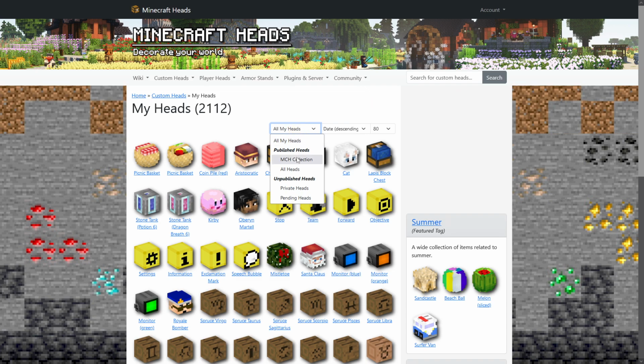Basically you also have the published heads and your unpublished heads. As mentioned in the wiki document, the private heads are basically the private submissions that you had and the public submissions that were not recognizable from our side. Pending heads are heads which are still unclear, and you can also go for all your heads.